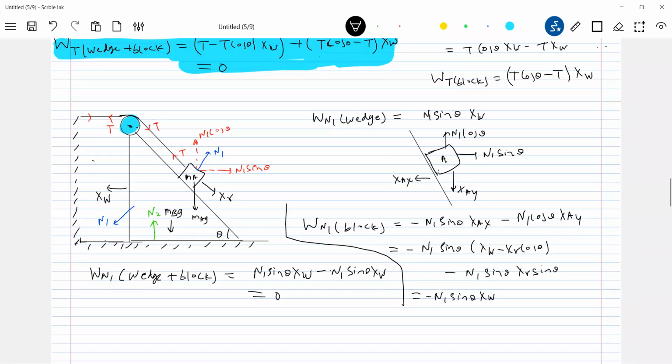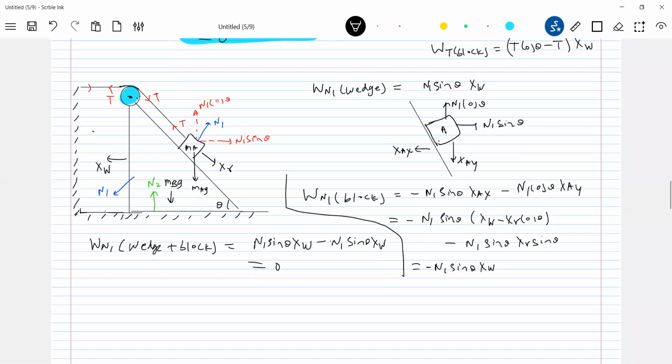So what is the net work done by the tension and normal contact acting between the block and wedge? It will be 0. Then what is the only force doing work? The gravity. So therefore the decrease in potential energy, m_A g h, should be equal to half m_A V_A square plus half m_B V_B square. But what is V_A?